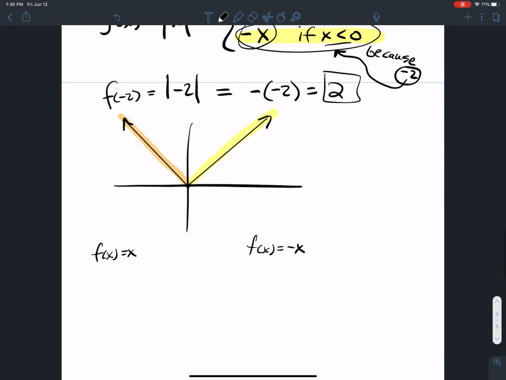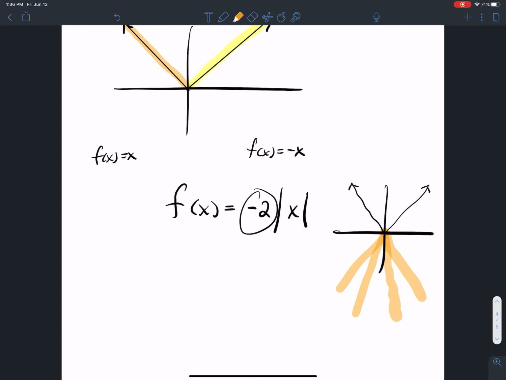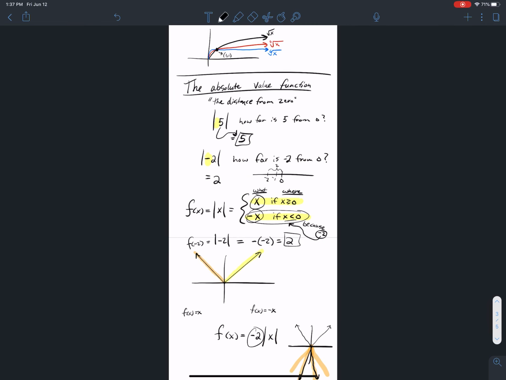So you can take f of x and you can actually do transformations to it. So if I do -2 times the absolute value of x, what does the -2 do to my V? Well, the negative reflects it downwards, but then the 2 makes it more narrow. Okay, so my new graph is going to look like this, going down at a slope of 2. Okay? And we'll talk about reflections in a later video. But those are all the different common functions you'll